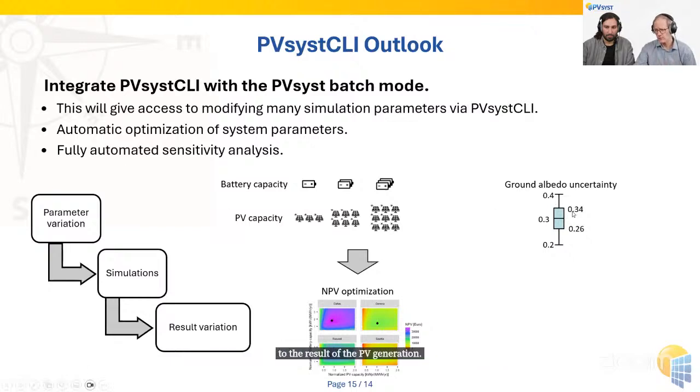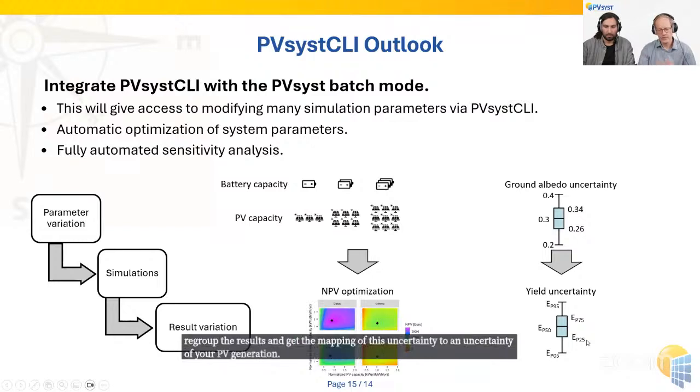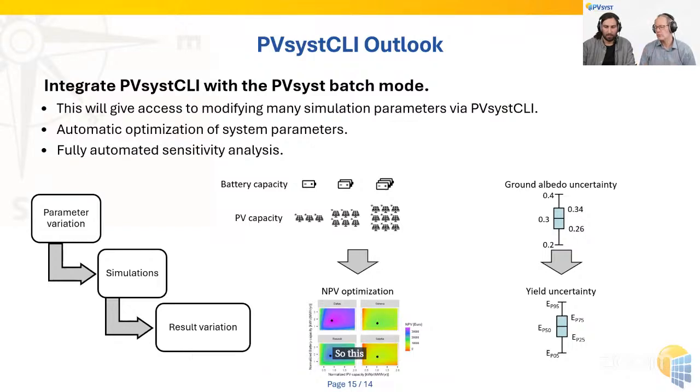Then, since the ground albedo is a parameter that you can change with the batch mode, you could run PVsystCLI for different ground albedos, regroup the results, and get the mapping of this uncertainty to an uncertainty of your PV generation. So this is also a useful way to use the command line interface in a more automated way